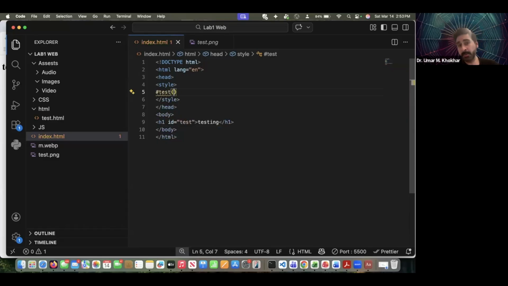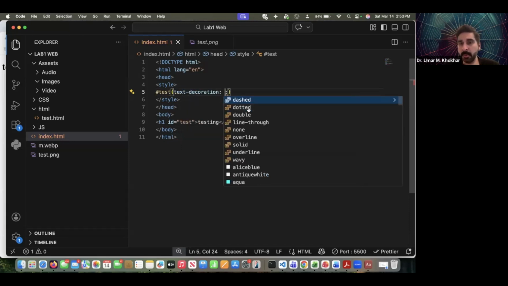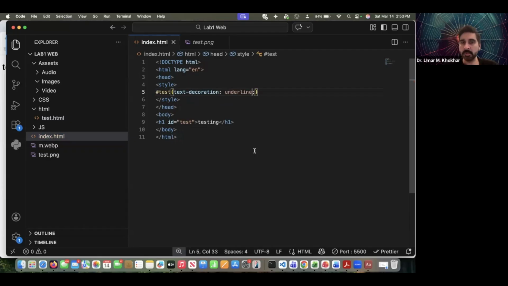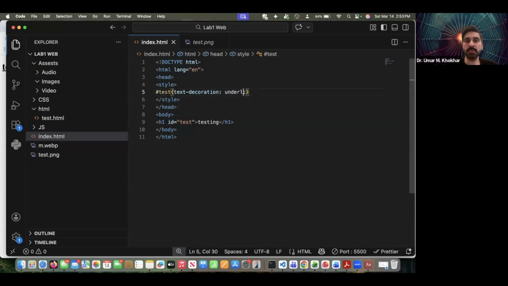And what we're going to do here is apply text decoration. So text, and if you see decoration, they're going to give you plenty of options on text decoration. What do you want? So for example, text decoration, let's say I want to try underline. So text decoration underline, testing will get underlined. All right. Now, for example, if we change it to text decoration,